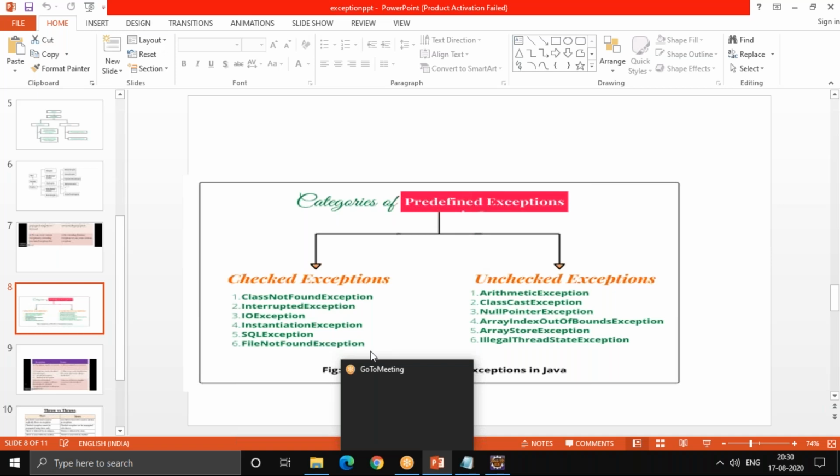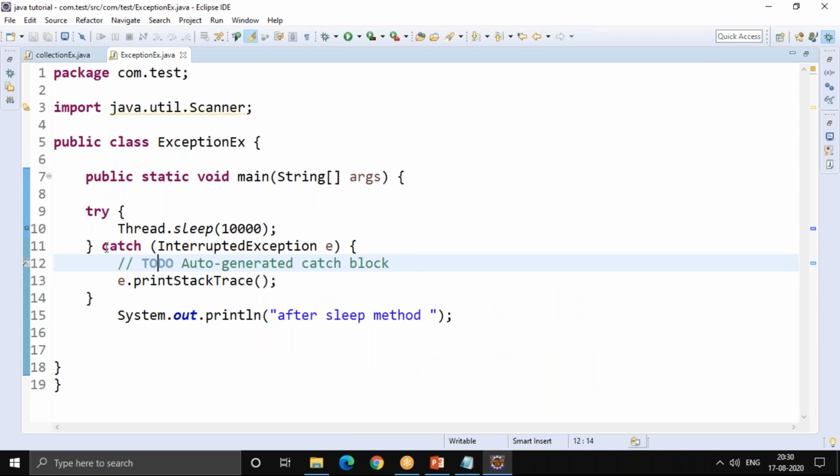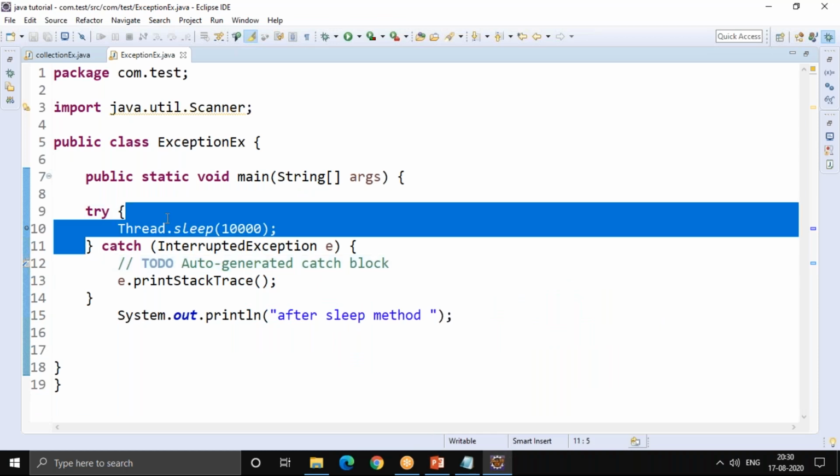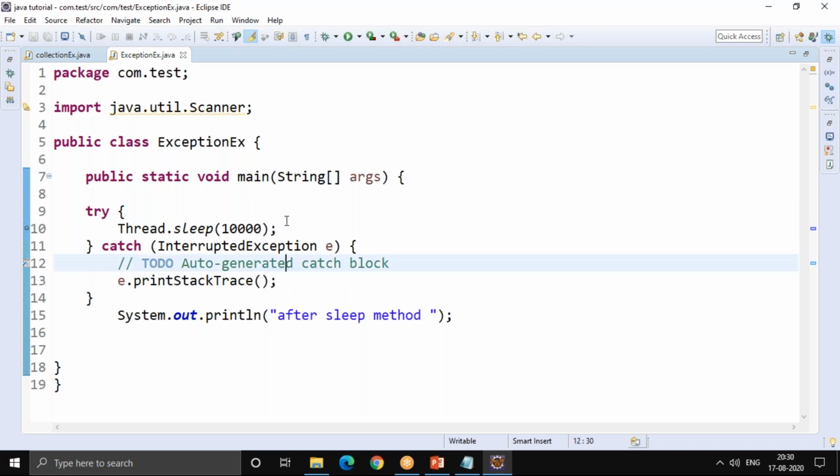Yes, exactly. But an unchecked exception is like you cannot protect it. For example, a null pointer exception, you cannot write try and catch because a null pointer exception can occur anywhere, right? So you cannot put a try and catch everywhere. But when you write Thread.sleep, it knows I'm making this statement wait for some time. So then the compiler will tell you